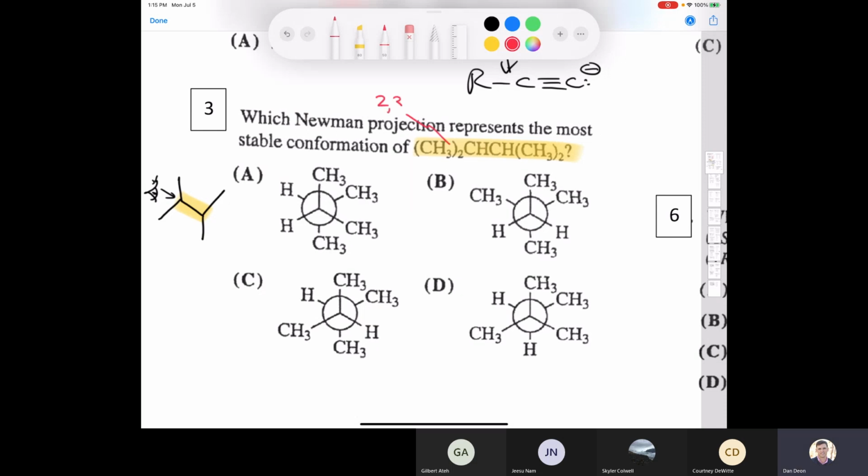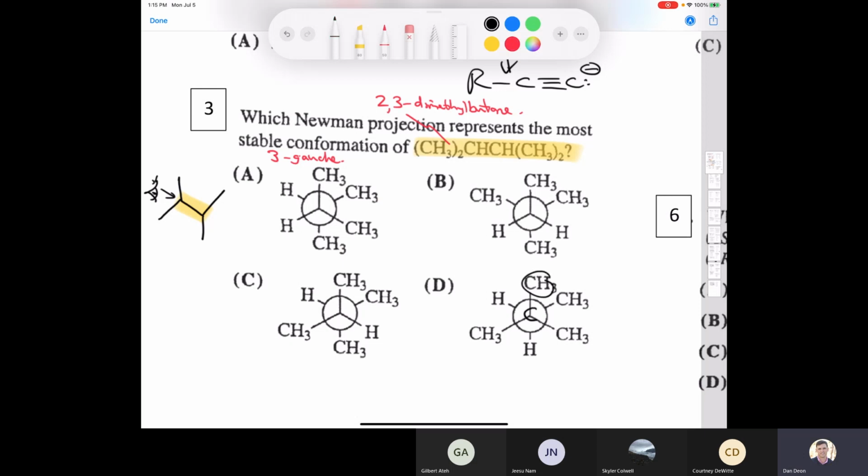So this is 2,3-dimethylbutane. Somebody says A has lots of steric hindrance. Yeah, you have steric hindrance here and here and here, so you have a lot of gauche effects. We have 1, 2, 3 gauche interactions here. The problem with D, I don't know if anybody noticed this, but look, if this is a carbon here,